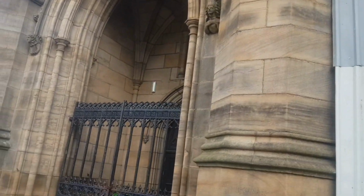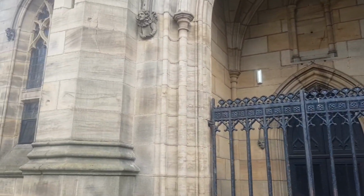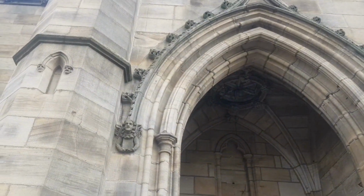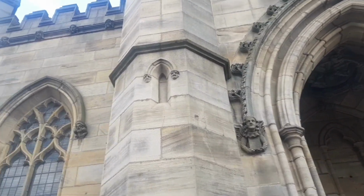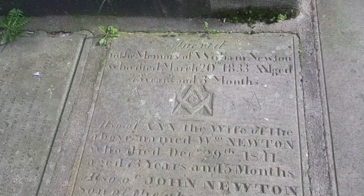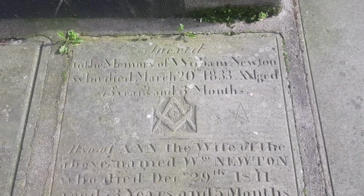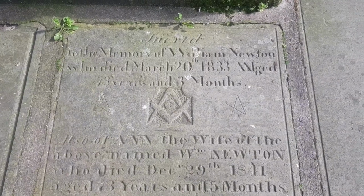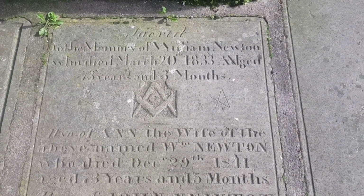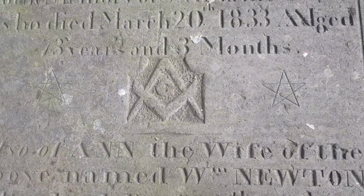This is the front of the church. It's not open today, so I'll just show you the outside and some of the features just there. So here we've got in memory of William Newton, died March 20th 1833, aged 73 years and 3 months. Freemason